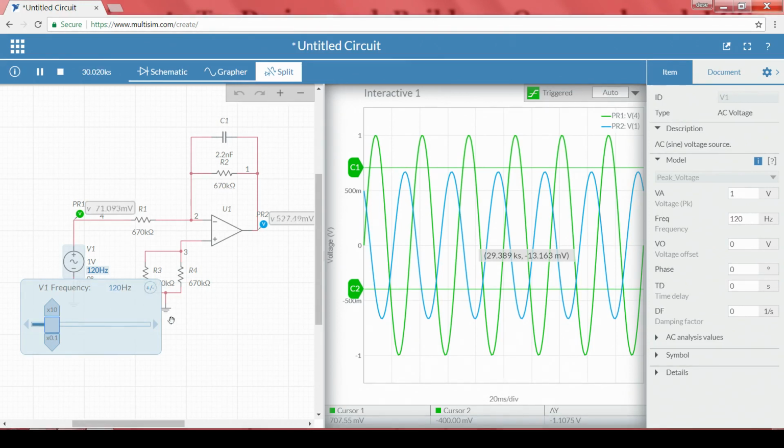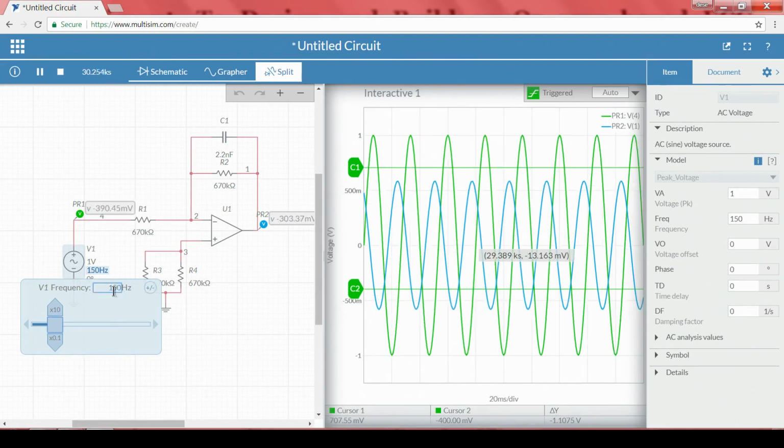But even if I increase the frequency, it is not suddenly attenuated to even below 500 milli. The reason is the roll off factor. The roll off factor of a first order filter is 20 dB per decade. Because of the very small roll off factor, it will also allow a particular band of frequencies to pass through, but we require a cutoff. We do not have to pass a frequency at 150, that is our power line odd multiple frequency. But if I observe at 150 hertz, we can see that it is much below our cutoff frequency, right. So, we do not have any problem.